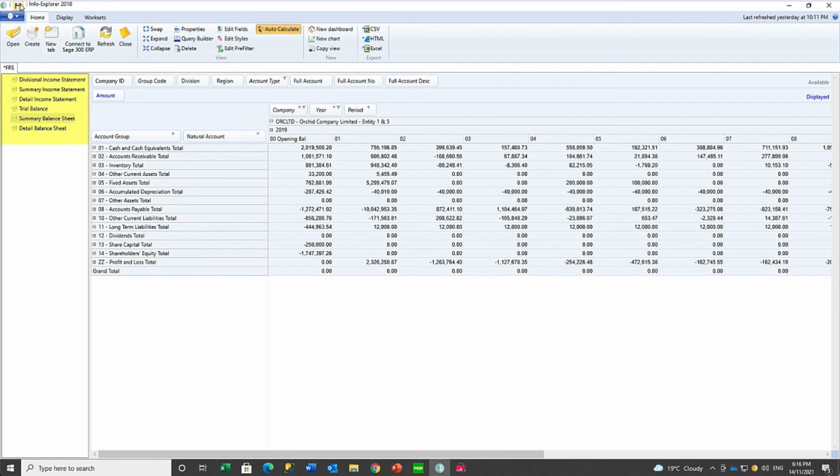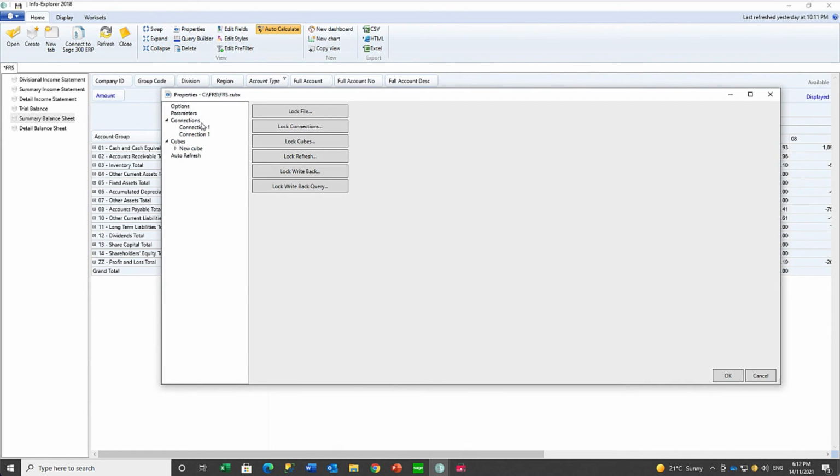And when you save this cube, next time it's refreshed, you will have not only the original 5 that when I first opened up, but our divisional income statement as well, and our summary balance sheet will be expanded by period as well. In terms of security for a cube, you are able to apply passwords to the entire cube,